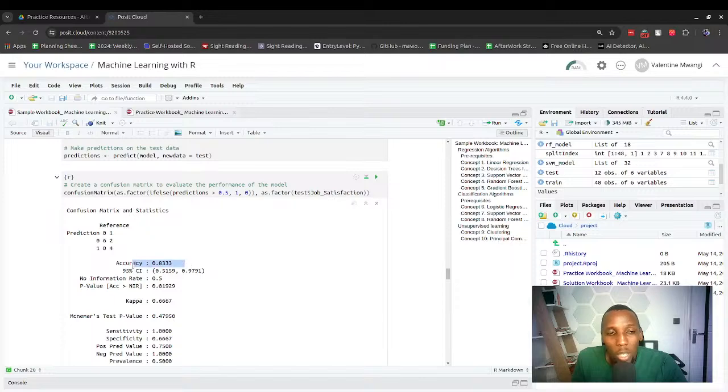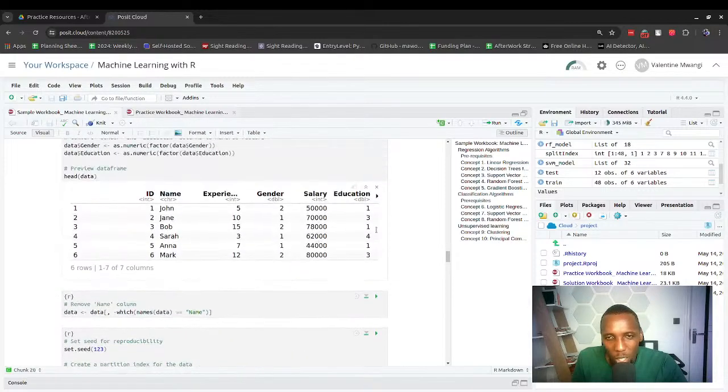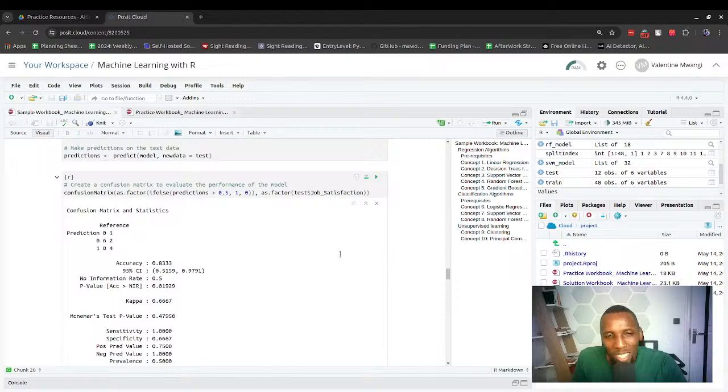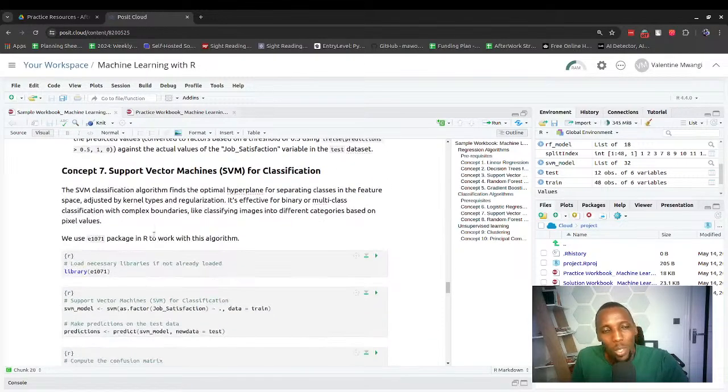But accuracy may not be the best in some cases where you have a training data set that is not balanced. So for example, here we have more ones than zeros, so it's highly likely that in this data set the model will tend to learn more from the ones than the zeros. But yeah, there are strategies to go about balancing that. So that's